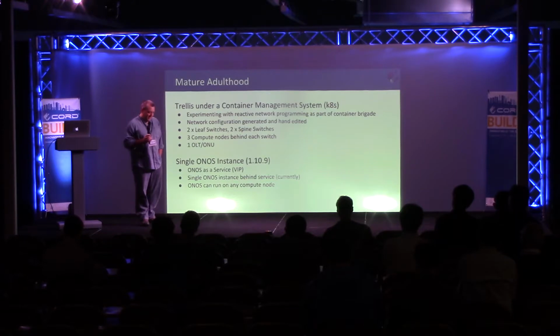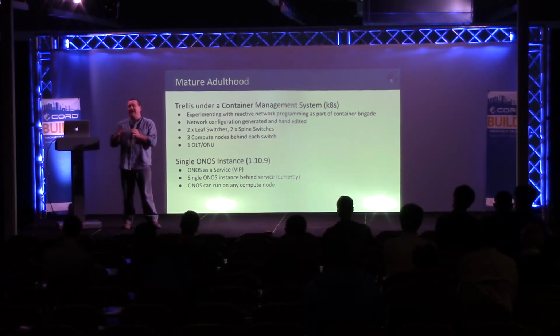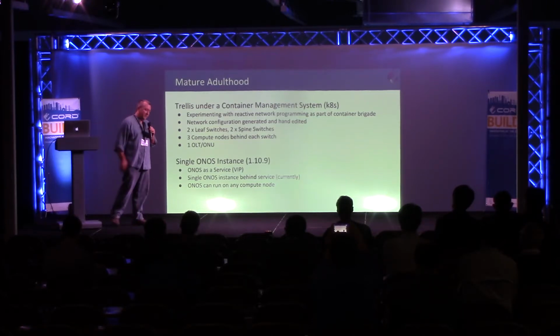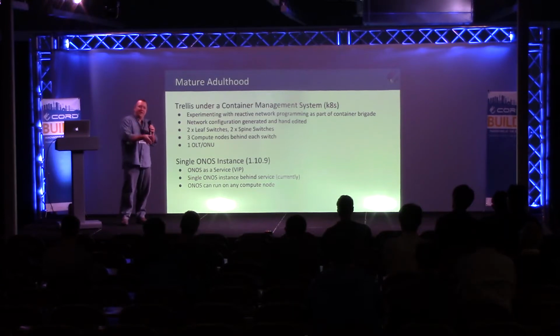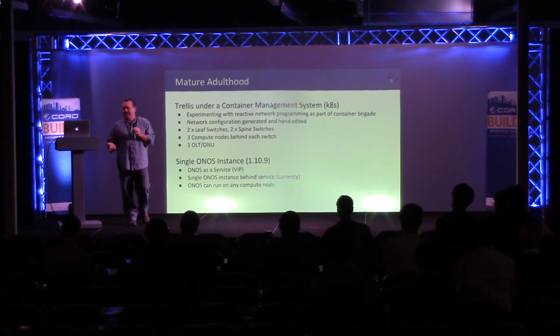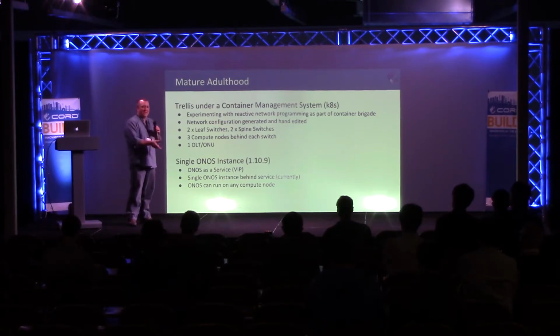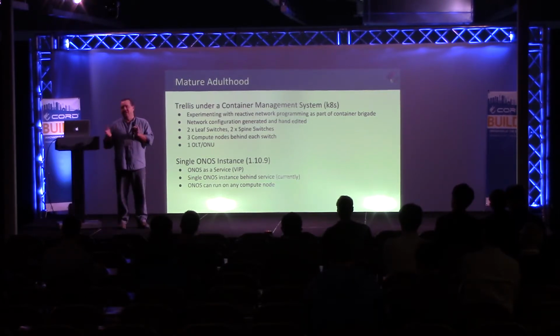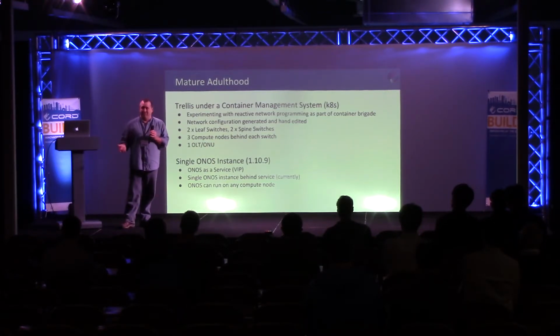The reactive programming we did, once we had the fabric up and running, Trellis up and running, the reactive programming we did, or Kent really did, worked, right? We could create layer 2 tunnels across the fabric. So we essentially have a situation where we're creating a VNF in a container, Docker container, and we're tying that through layer 2 tunnels across the fabric down to an OLT. So once you get those things working, again, the fabric works. It happens to be on the events, the failure events, where we're running into a lot of problems,